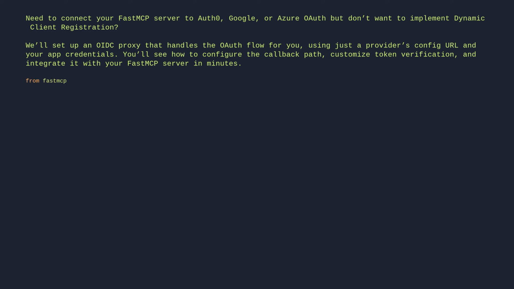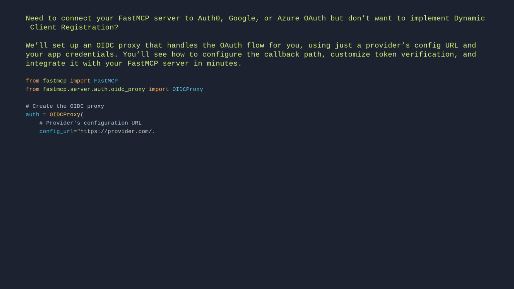From fastmcp import FastMCP. From fastmcp.server.auth import OIDCProxy. # Create the OIDC proxy. auth = OIDCProxy( # Provider's configuration URL. config_url = "https://provider.com/.well-known/openid-configuration", # Your registered app credentials. client_id = "your client ID", client_secret = "your client secret",